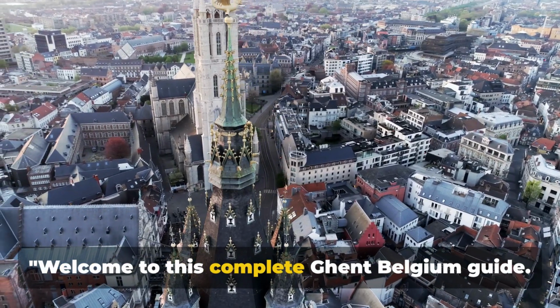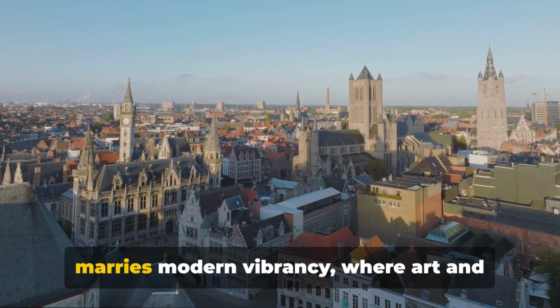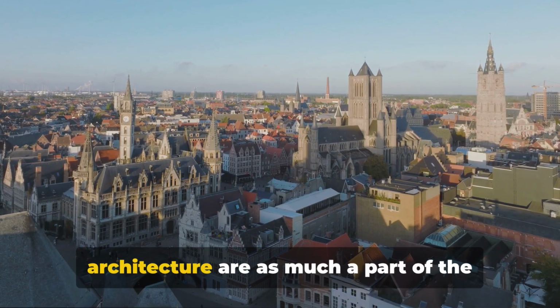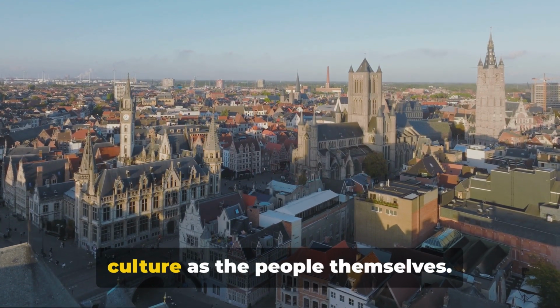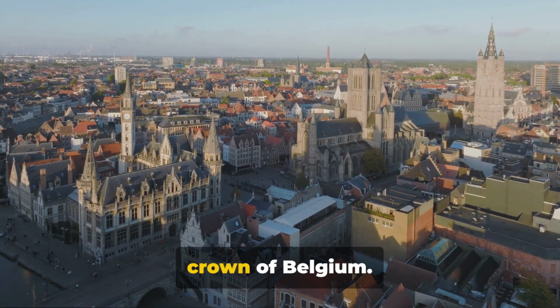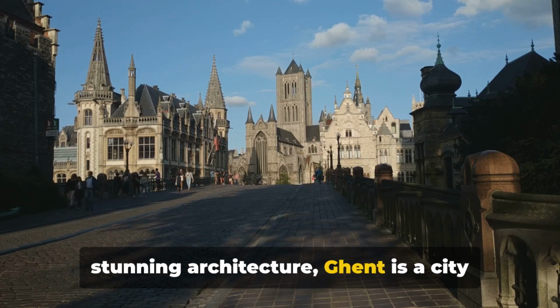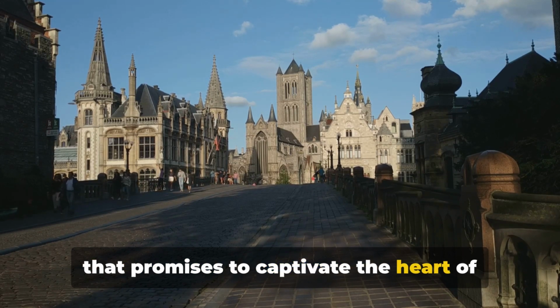Welcome to this complete Ghent Belgium guide. Imagine a city where medieval charm marries modern vibrancy, where art and architecture are as much a part of the culture as the people themselves. That's Ghent for you, a hidden gem in the crown of Belgium. Rich in history and brimming with stunning architecture, Ghent is a city that promises to captivate the heart of every